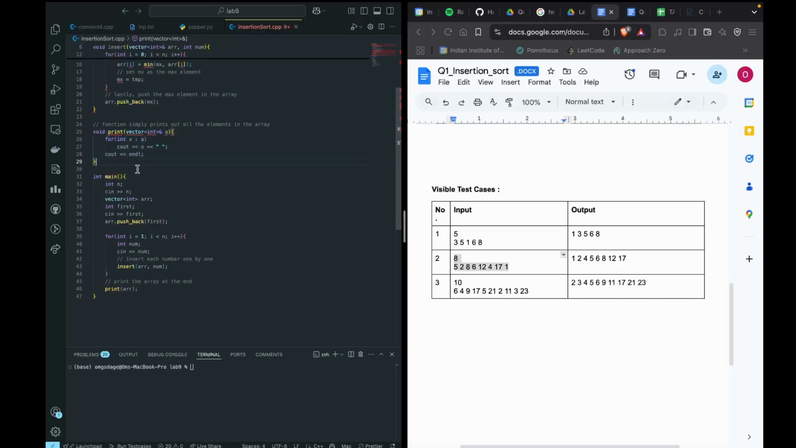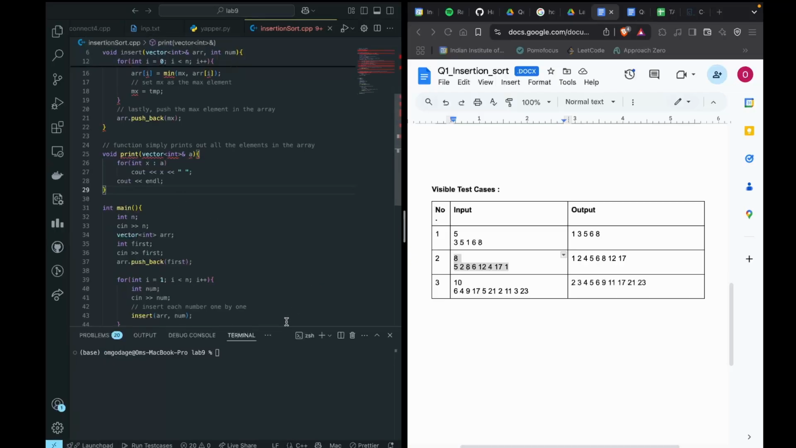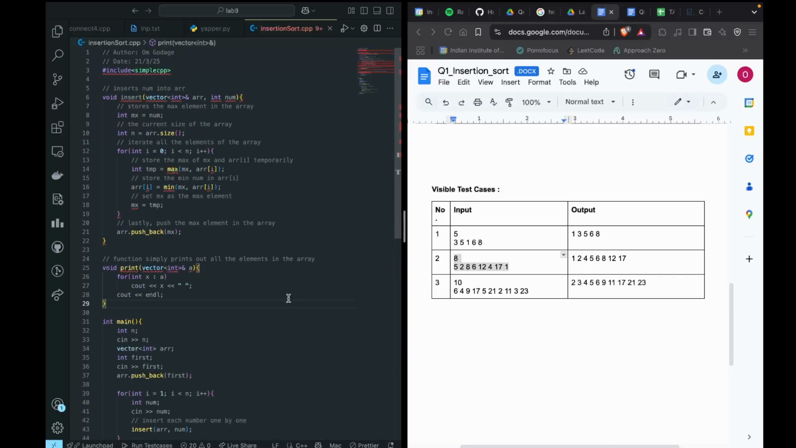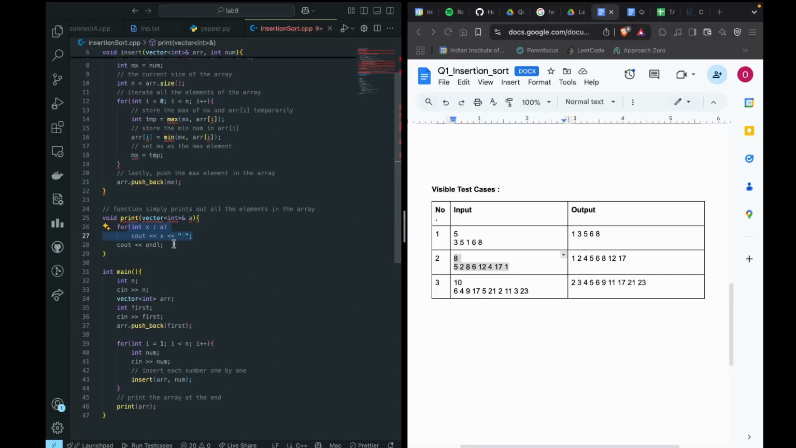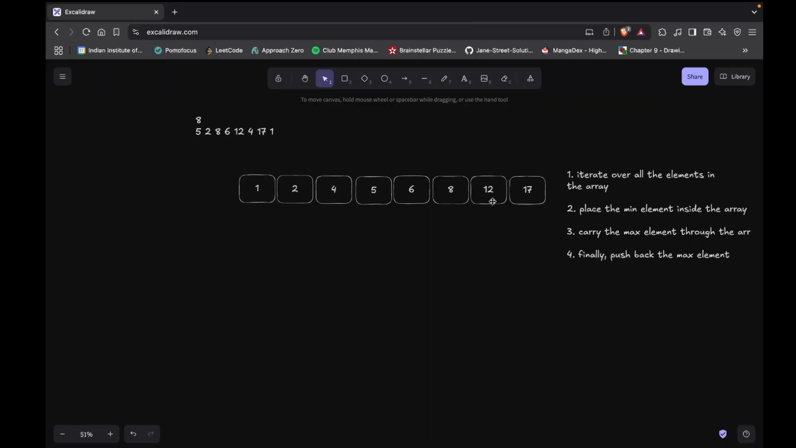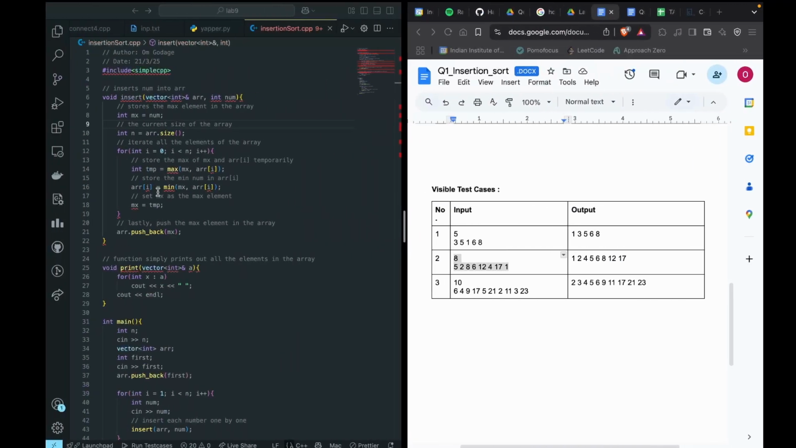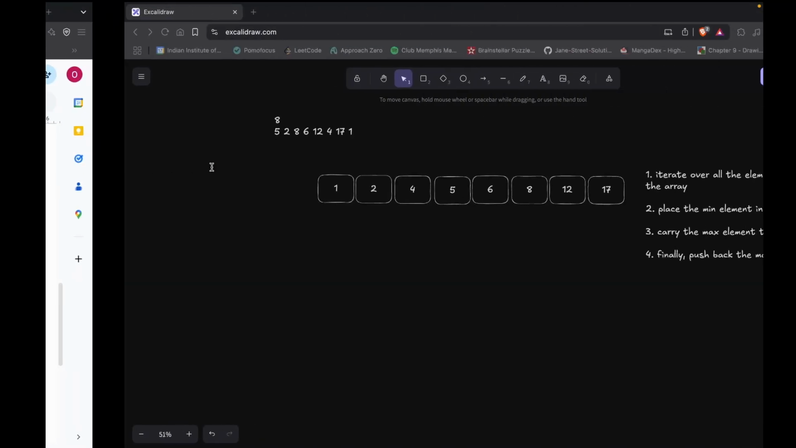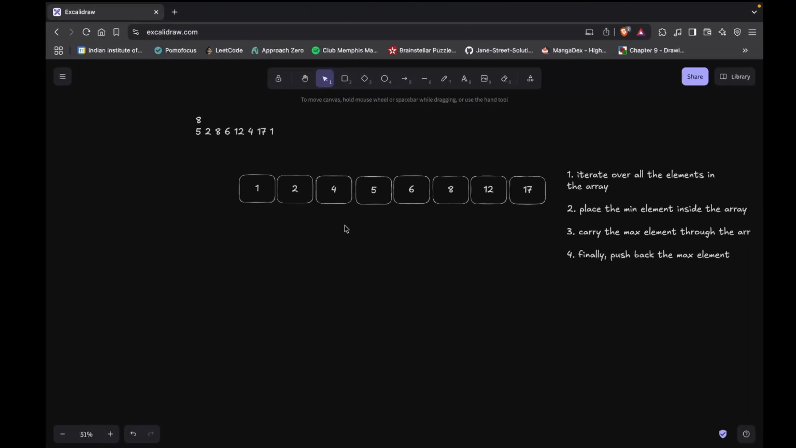Printing the array is pretty simple. Let me make it bigger. Okay, printing the array is simple. You just iterate over all the elements and print the number with a space, and then at the end you just do a new line. Okay, so the insert function, so as I said, you have to keep track of the max element which is there up to now, so that is stored in mx. N is the size of the array, so you iterate over all the elements, and you take the max of mx and ri. So as I was doing here,